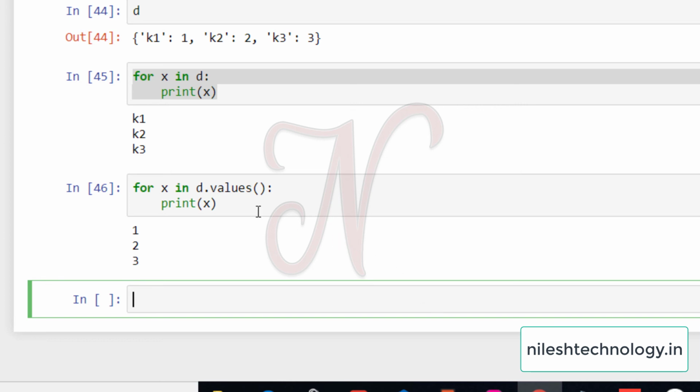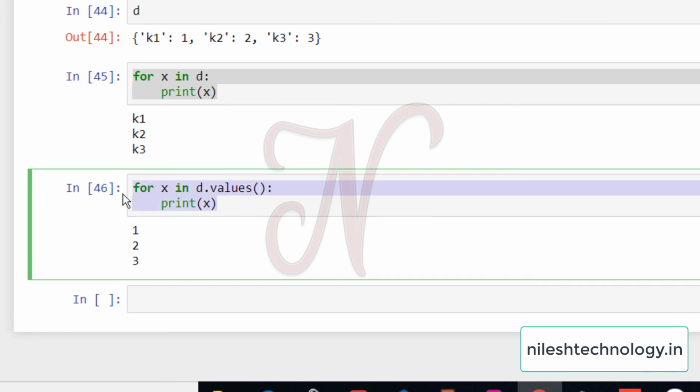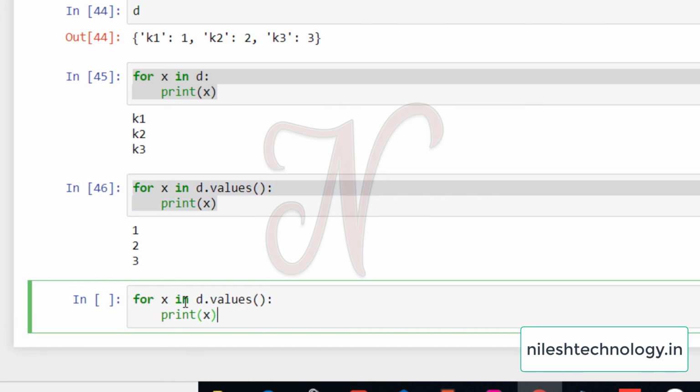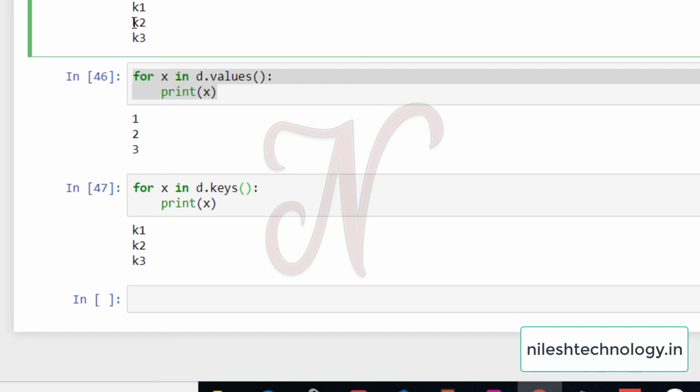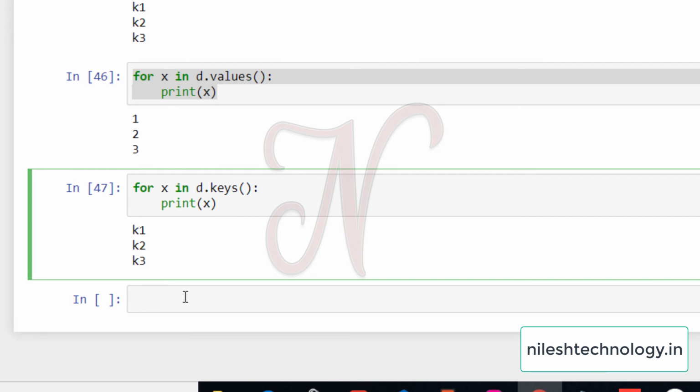Same here, copy paste this code. So instead of values, the next function is keys. See here, by using keys we get k1 k2 k3, but it is not necessary to use this function because by default the keys are printed.